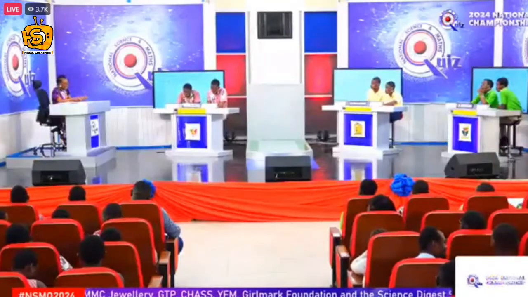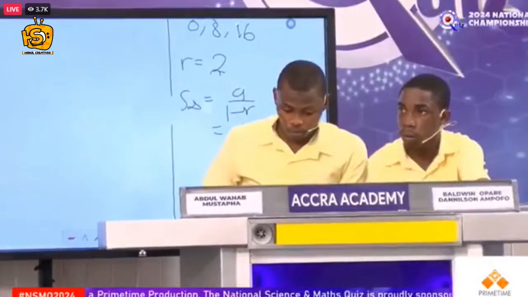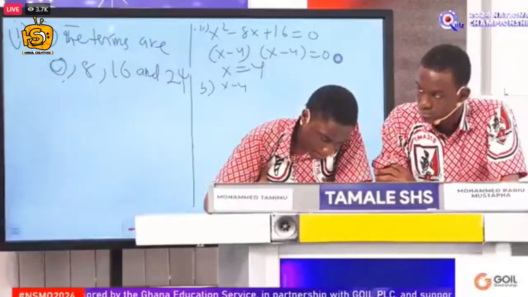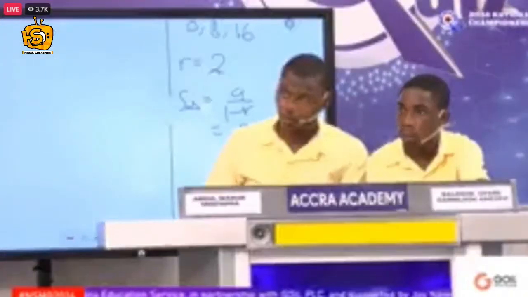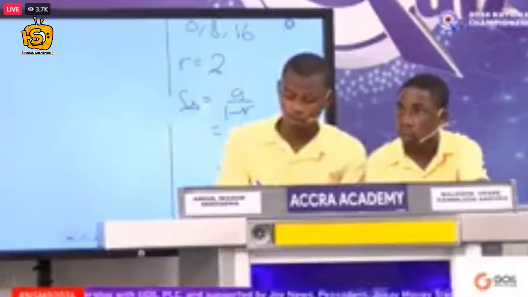Okay, great. Now let's see how you did. Accra Academy. First one, yes, you were able to set up that relationship between the terms. And so you get 2 marks for setting up and getting a right value for x. X is equal to 4. You had that right. Then the second one to get the 4 terms. You got the first 3 right. Something went wrong with you in calculating the final one because instead of 24, you have 64. So unfortunately, I can't give you the 4 marks. For the 3 that you had right, I'm giving you 1 out of the 2.